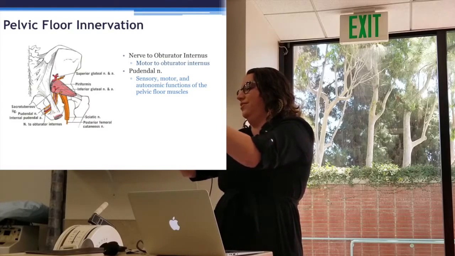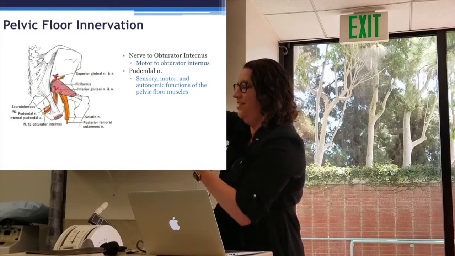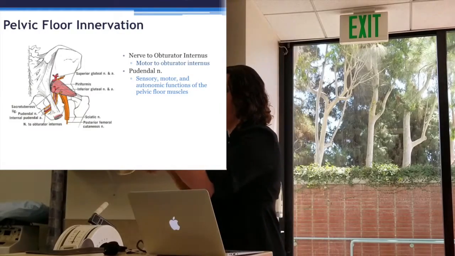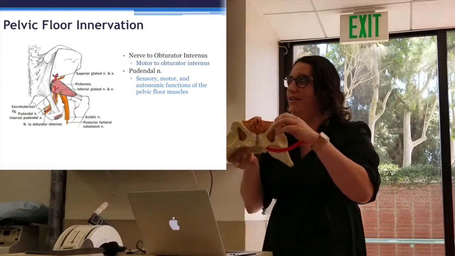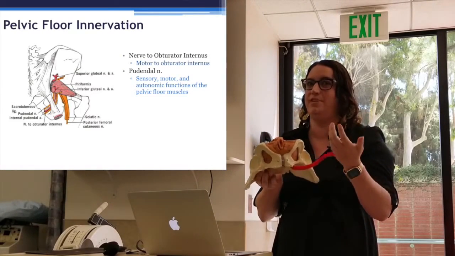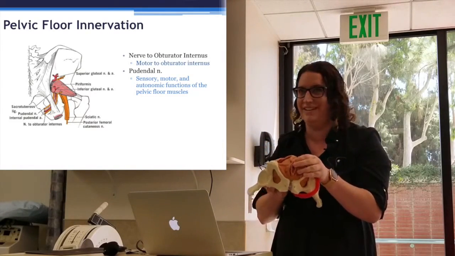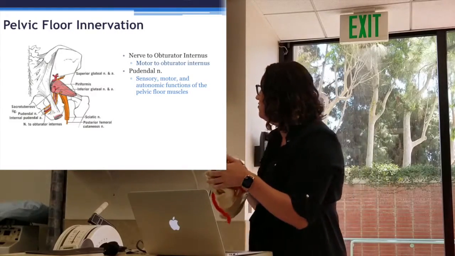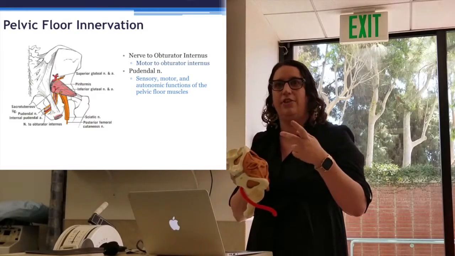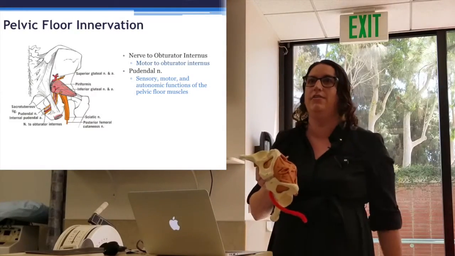So let's see if I can get this going. So there. That's pretty much what it looks like, and it's traveling along the inside of the ischial tuberosities. Unfortunately, we have that nice bony protection, but the pudendal nerve is oftentimes compressed because of how much we sit these days. So I do see a lot of individuals that have pudendal nerve pain, and sometimes we can get an overflow where people will have sciatic pain, so they have pain going down the back of the legs,